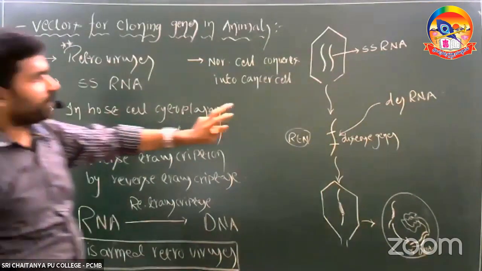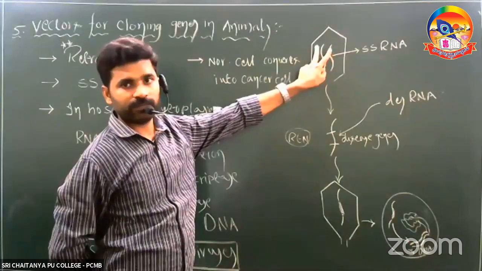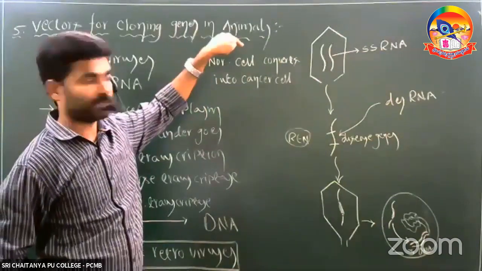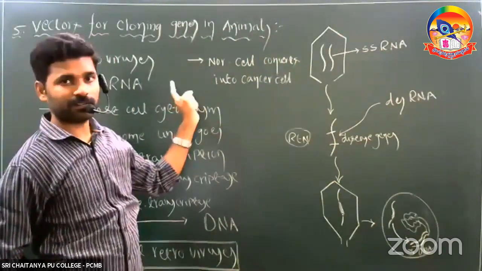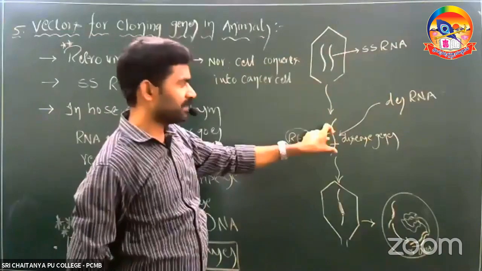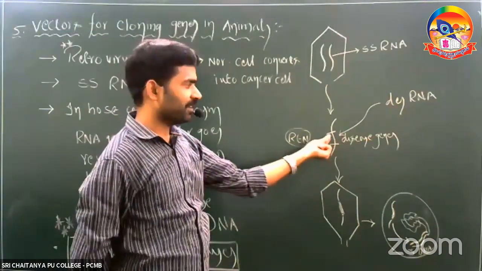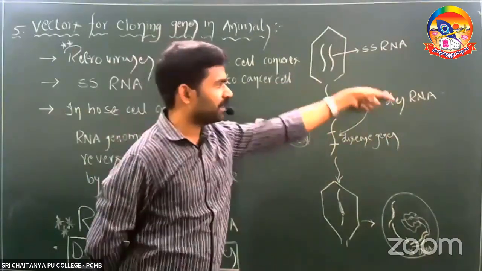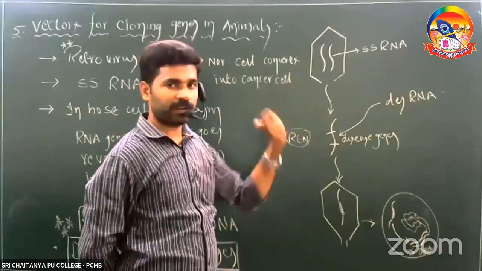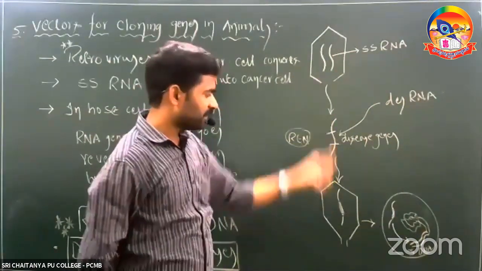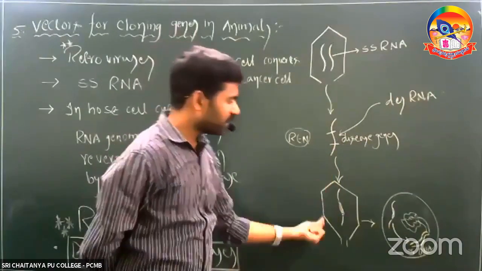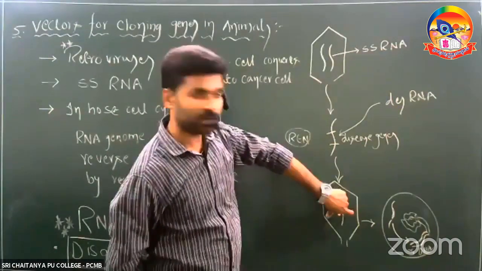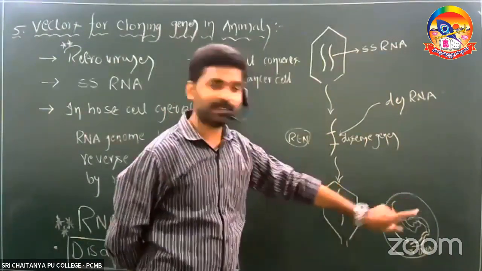So nothing is there, don't confuse. Here two RNA molecules are there. In general, the genetic material is two single-stranded RNA molecules in retroviruses. That retrovirus causes cancer in animal cells. So we need to isolate that genetic material, and the disease-causing genetic material is removed from the RNA, right? In that area, we insert the desirable, required RNA molecule, and it is again inserted into retroviruses. So whenever that retrovirus infects the animal cell, that RNA molecule automatically enters the animal cell cytoplasm.